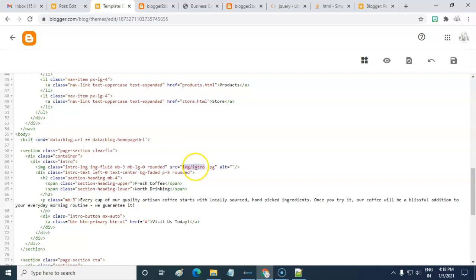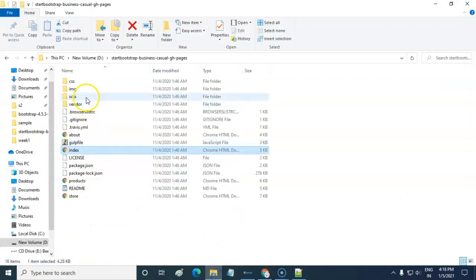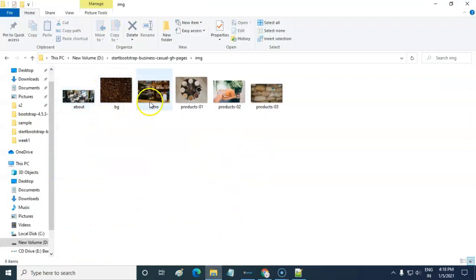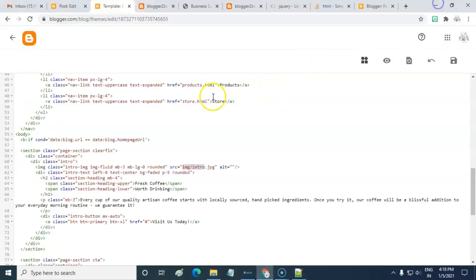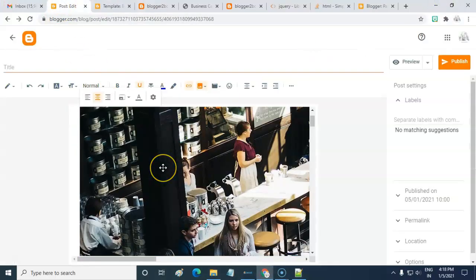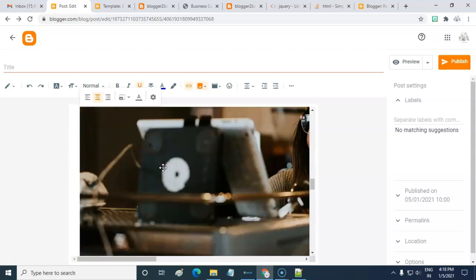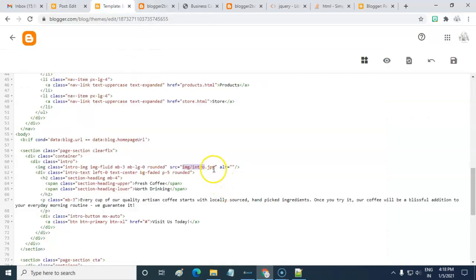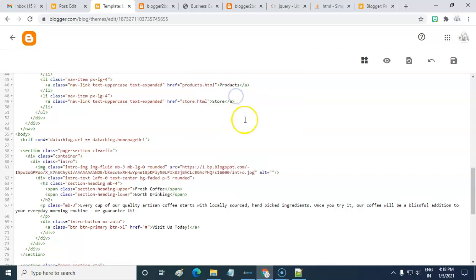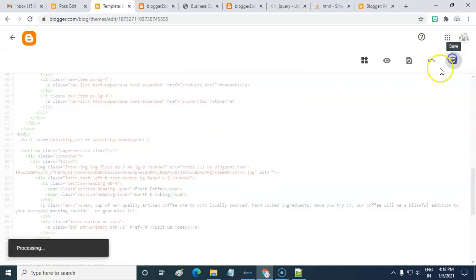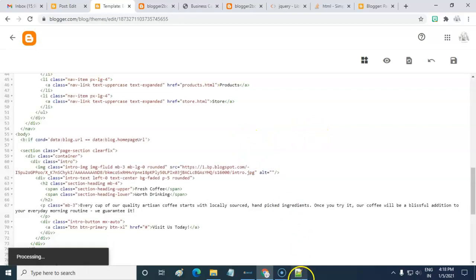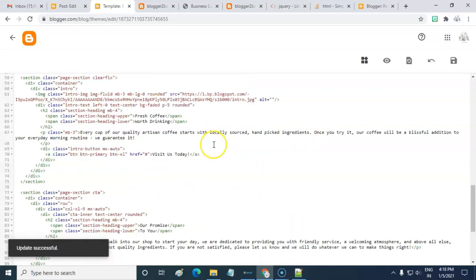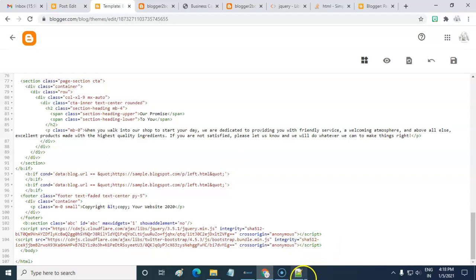We have to add intro image. Copy the image address and paste it here. Okay.